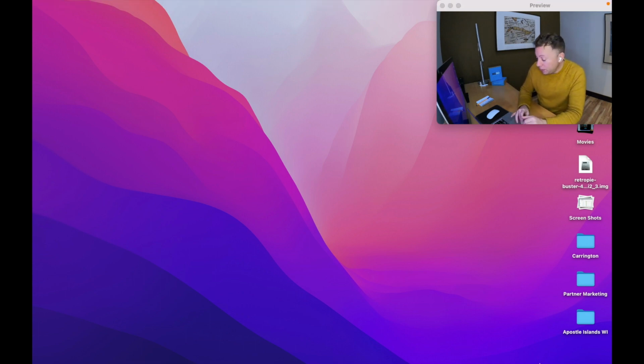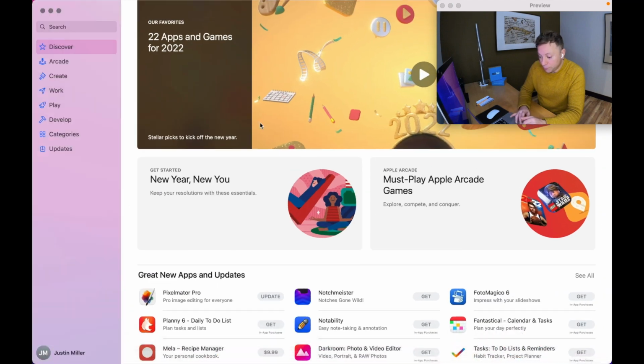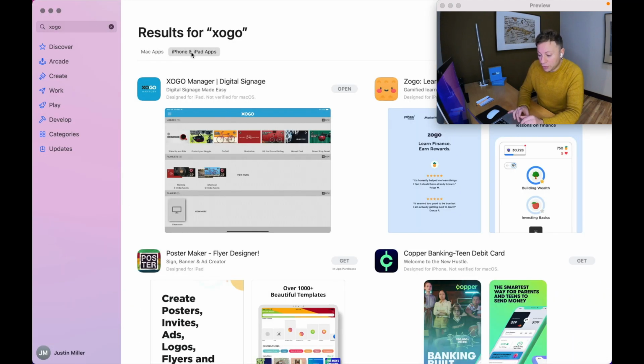To find it, you would simply open up your App Store and do a quick search for XOGO, and then make sure that you're searching under iPhone and iPad apps in this tab here at the top. So again, even though it's an iOS application, it's going to run perfectly on M1 equipped Macs as well. What you'll do is you'll see a button here that says Get, where you can download the app, and then